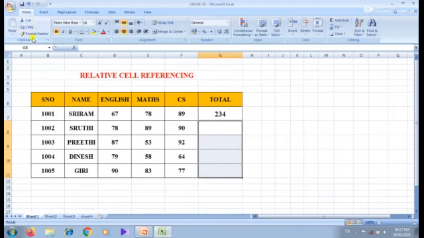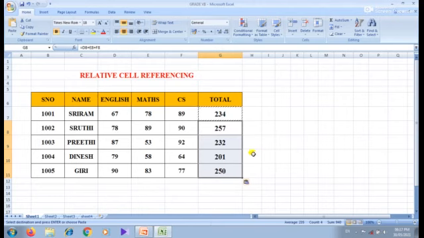See here, the clipboard options are available. First, select the cell and click the copy option. Then after that you paste it, and you can get the answer. So this is the method to copy the formula using copy and paste.